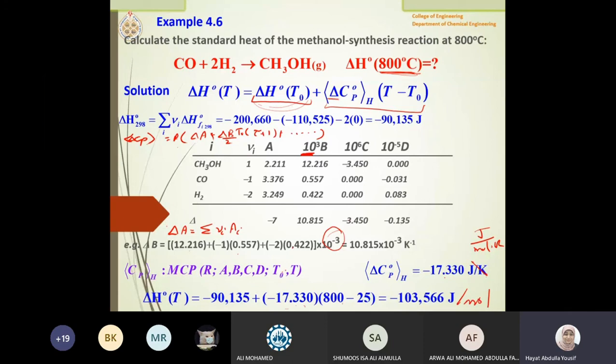And for the last answer, this is joule per mole, I can multiply it by 1 mole, which is the number of moles of CO reacted. So you will get it in joule. But this is basically the procedure. I hope the idea is clear. So what I covered so far is how the heat of reaction depends on temperature: if the temperature is changed, how can I calculate the delta H, or the standard heat of reaction, at a temperature that is not the reference temperature.